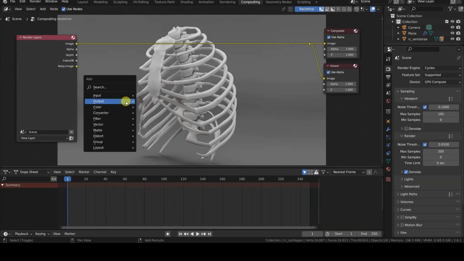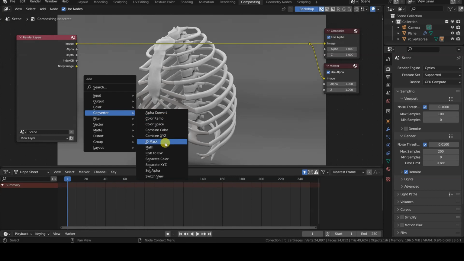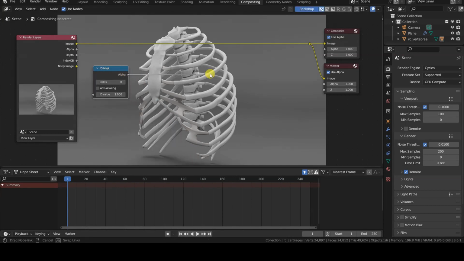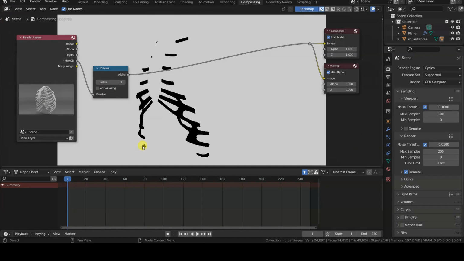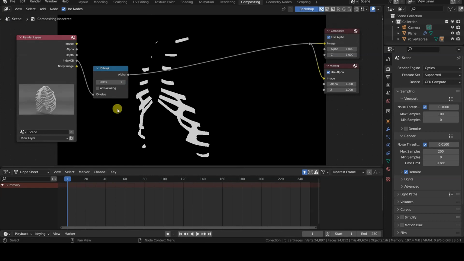Now, let's examine the mask that isolates only the cartilage object as follows. Connect a Converter ID mask node between the Render Layer and Reroute nodes, but take the Index OB output instead of the image output. In the Index field of the ID mask node, specify the value associated with the Pass Index field of the cartilage object, which is 1. As you can see, we have a white mask corresponding to the cartilage object. If we wanted to highlight or modify just those parts in some way, this mask would be an excellent starting point. However, we want to emphasize only the edges of this mask, so we need to find a way to isolate them.